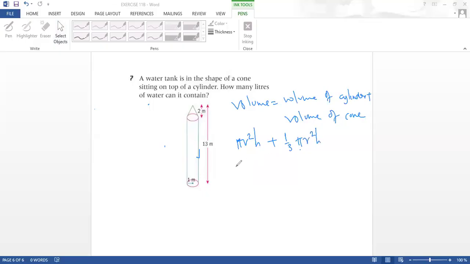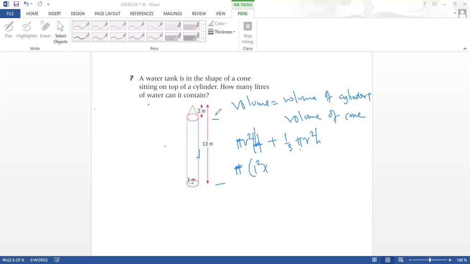So we see pi r squared h is common to both, but the h for this case is different. For the cylinder we will have capital H, then the cone will have small h. Radius is the same, so r squared, r is 1, so 1 squared times capital H,